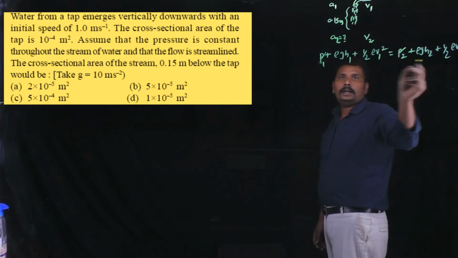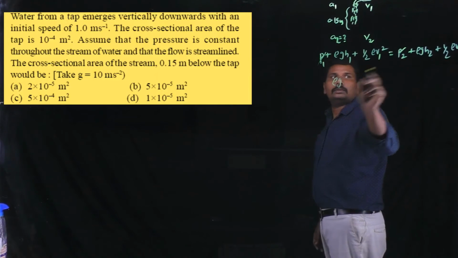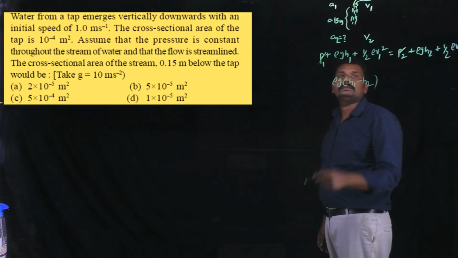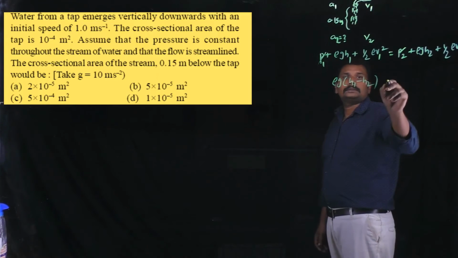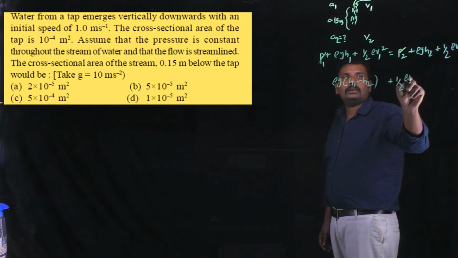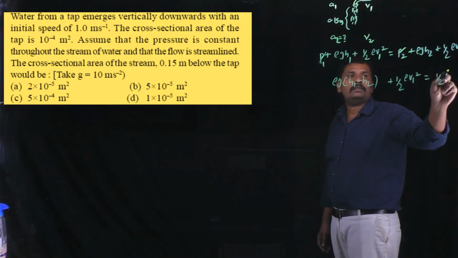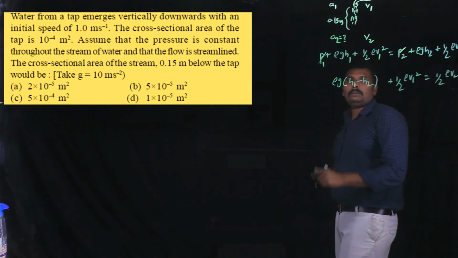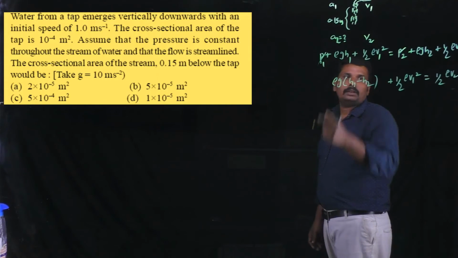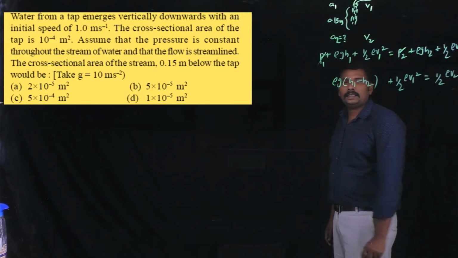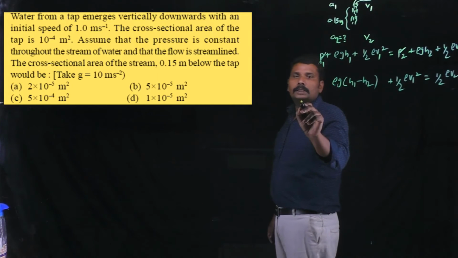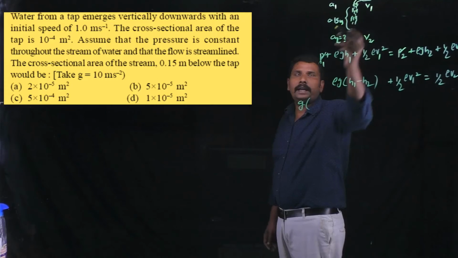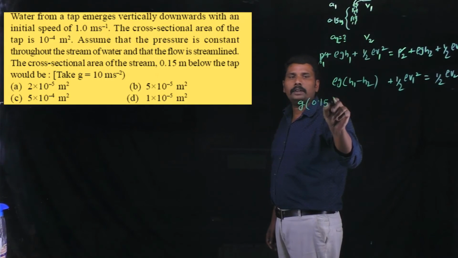Okay, and rho g into h2, on getting it to this side, it is h1 minus h2 plus half rho v1 square is equals to half rho v2 square. On both sides there is a common term, rho. By cancelling the rho, it is g into h1 minus h2. Here the difference in heights is 0.15